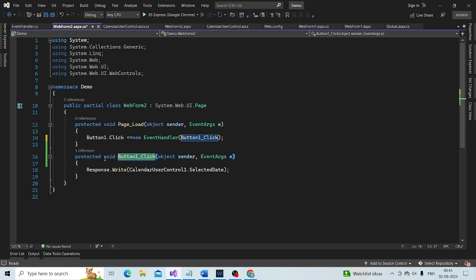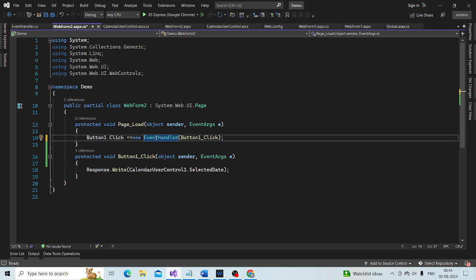It has a void return type and two parameters of type object and EventArgs. Then look at the signature of the event handler delegate itself.